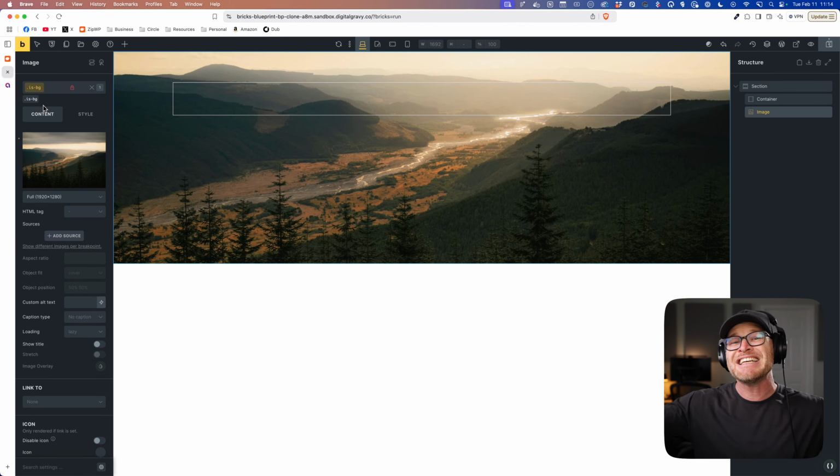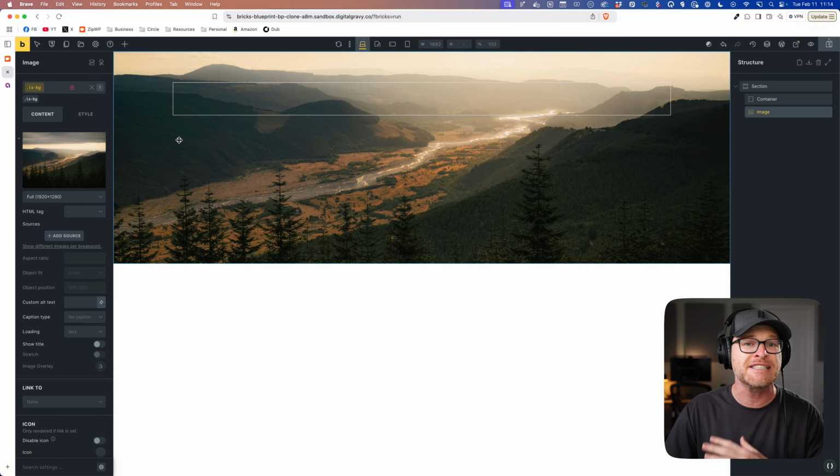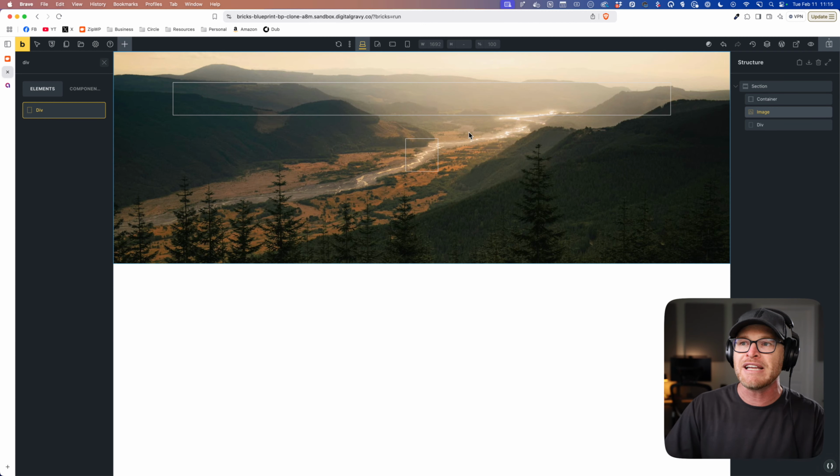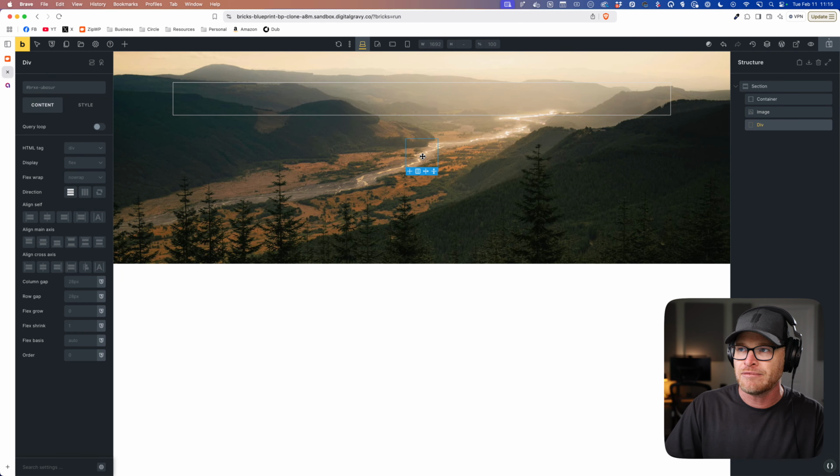So you're just saying this is the background, isBG. That's how you can remember it. Very, very short, very, very sweet. Pop it on there. It is now the background image of that section. It is still a real image. It is not using the CSS background image property. It is taking that real image and just sticking it in the background and making sure that everything else that you put in this section is gonna be layered on top of it. You can layer isBGs as well, okay? So you can put a div in here, for example, right?